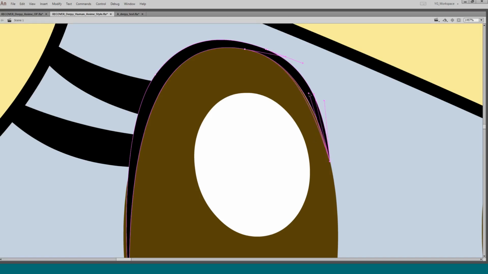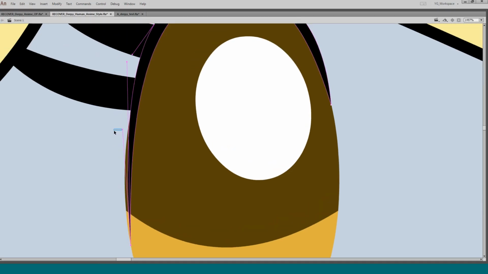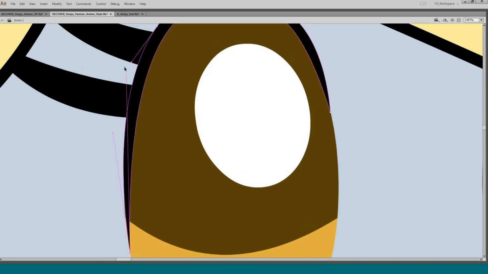Trying to grab this bit. Yeah, got it. Okay, or you can just do that. This is mostly the bit where it's the why-isn't-this-working bit. Just trying to grab this tiny handle, which I think they should update to make these anchors a little bit bigger, because it's like 2 pixels.